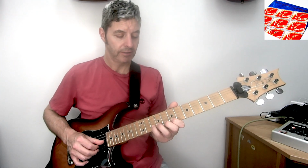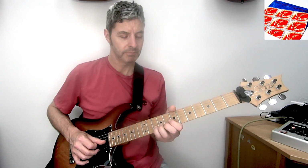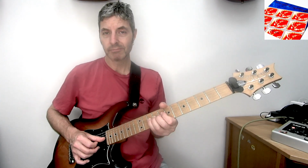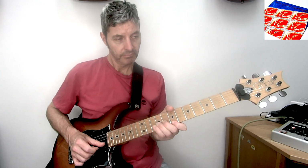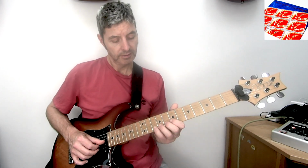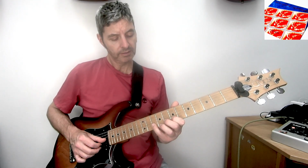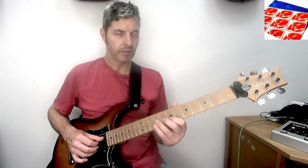So it's 7, second string, 10 on the second string, bend it up, use little finger this time, up to a 12, play the 7, which is the B, the same note we just sounded. Typical bluesy thing, same note played in 2 ways. So it's 7, 10, bend it up, 7 on the first string, 10, pull off to 7 on the second string, 9 on the third,